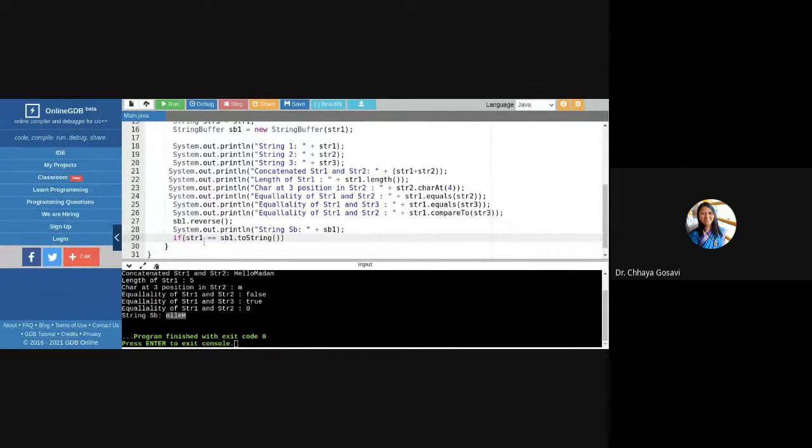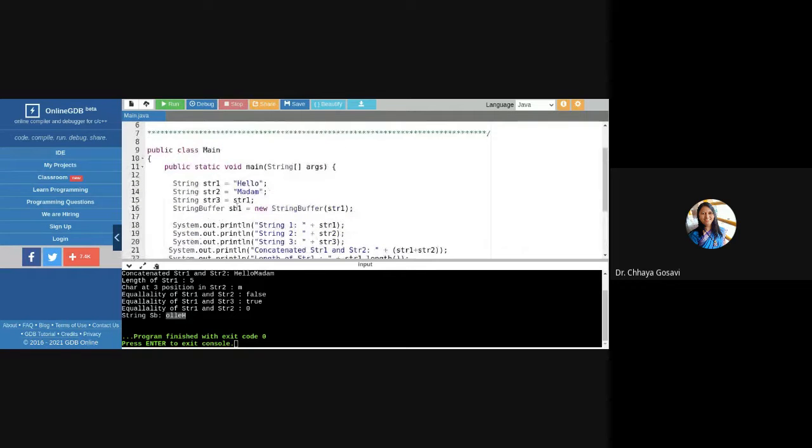Instead of equal to, we can use equals, or compareToIgnoreCase. What we have done is we have created a StringBuffer object, we reversed it, and we want to compare this object with our original value.